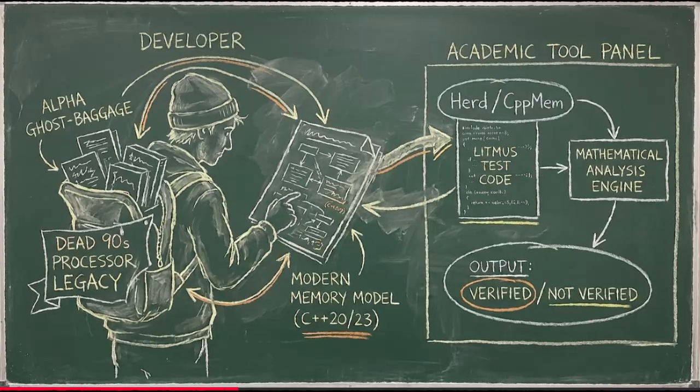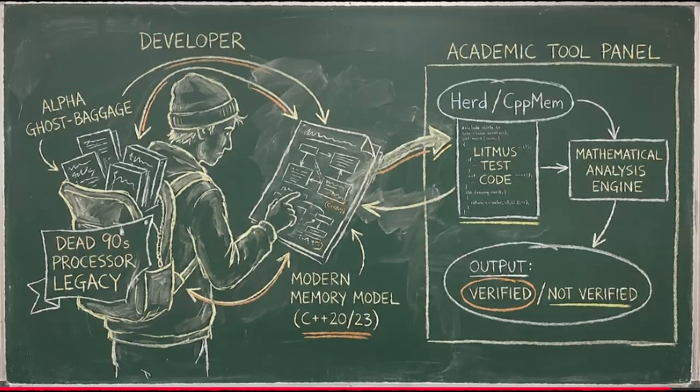But that brings us to where we are today. The conversation has shifted. We aren't really debating how to implement these low-level primitives anymore. The focus now is on how to verify them and keep them safe. Because formal verification is huge now. The sources highlight the rise of academic tools like HERD and CppMem. You can write these tiny concurrent litmus tests, and the tool will mathematically analyze how your code behaves against the